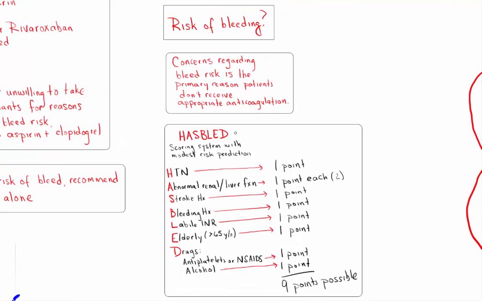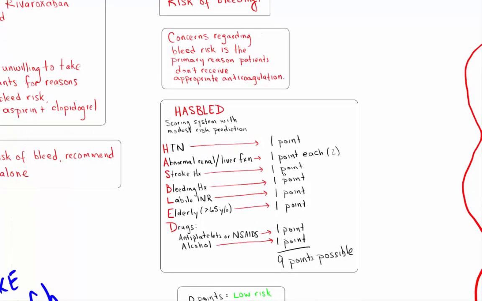It's worth noting here that one of the primary reasons that patients don't receive appropriate anticoagulation is because of the concern regarding bleed risk. If bleeding is a concern, you can calculate a bleed risk score known as the HAS-BLED. You need to keep in mind, though, that this scoring system only provides a modest risk prediction and should only